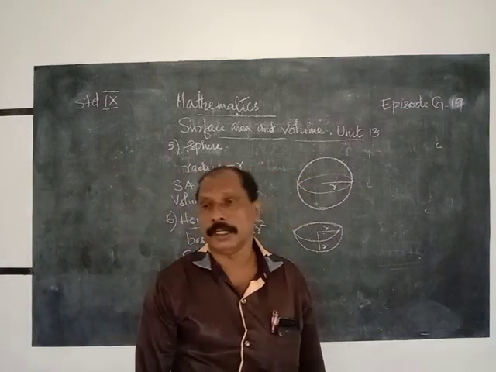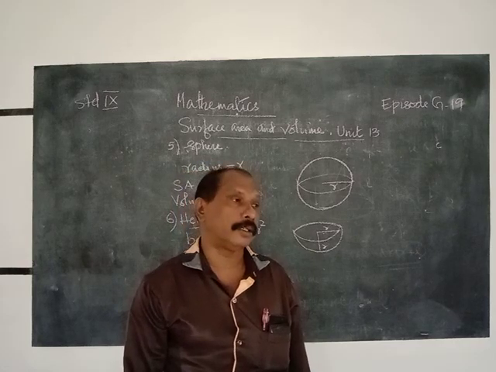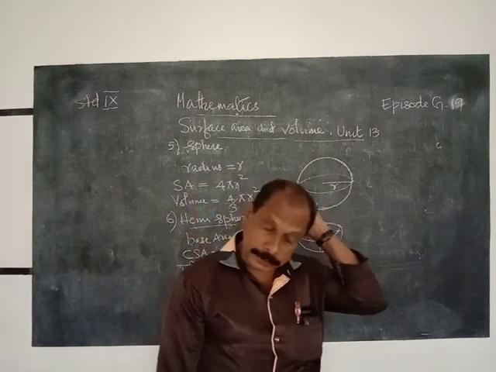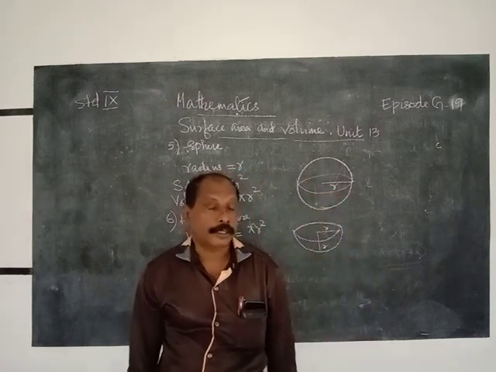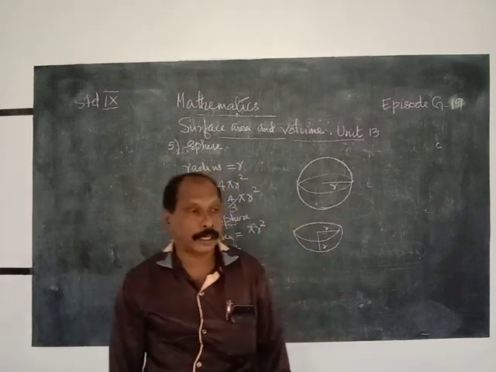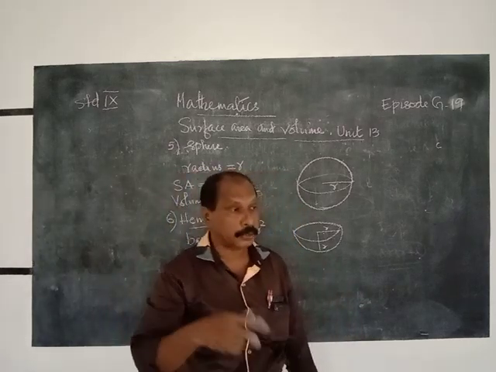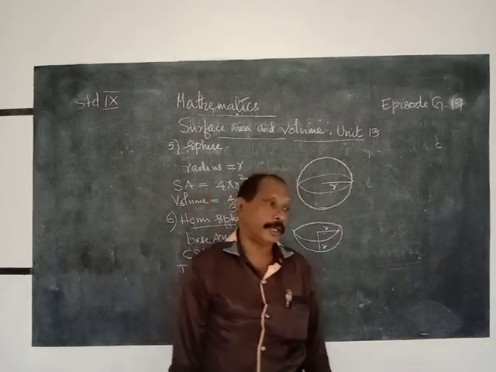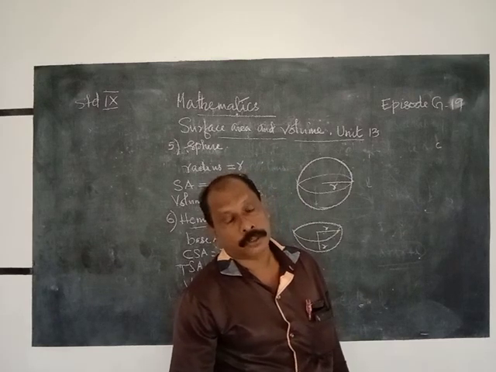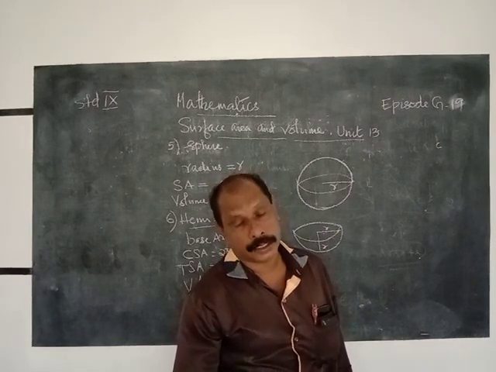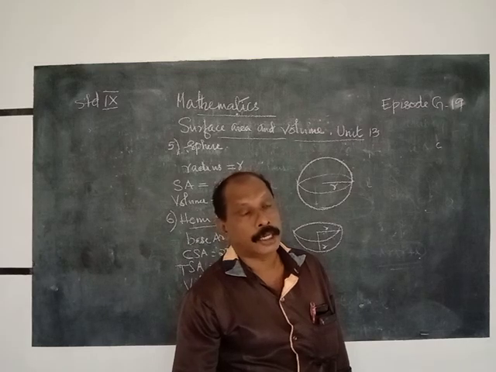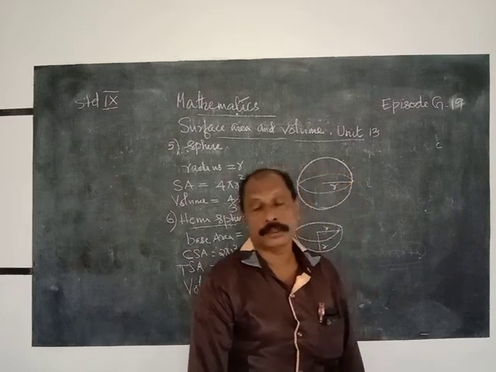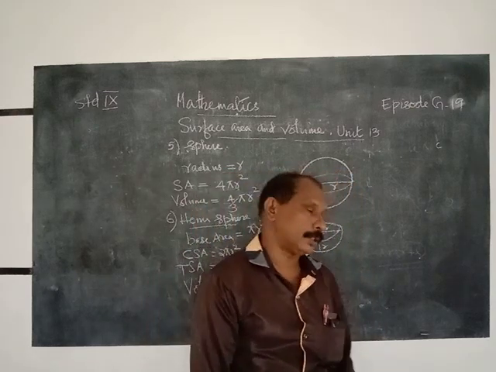And the volume of the cuboid is always base area into height, that is L into B into height h. Therefore, volume of the cuboid is LBH. For a cube, all the surfaces are squares. That means length, width and height are equal to A. Therefore, side of the cube is A, and area of a square is A square. Therefore, total surface area of the cube is 6A square. And the volume is A into A into A, that is A cube. The area is always in square units and the volume is always in cubic units.